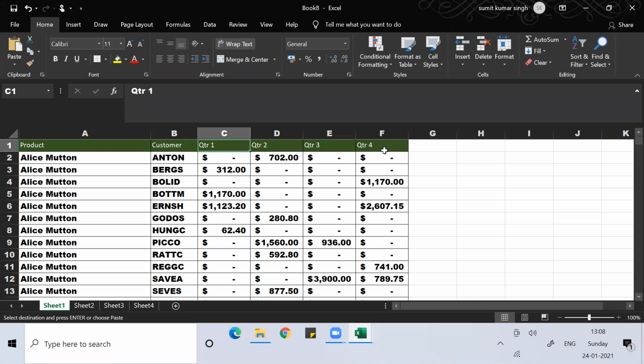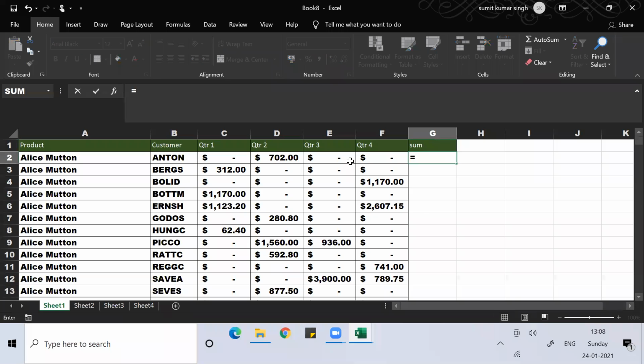Okay, fine. So if you want, you can do the sum of this data also. If you want the sum, you can do the sum of all quarter one, quarter two, quarter three, quarter four. You can use equal to SUM. This is a statistical function. Sum, I think everyone understands what you mean by sum. So equal to sum, open bracket.